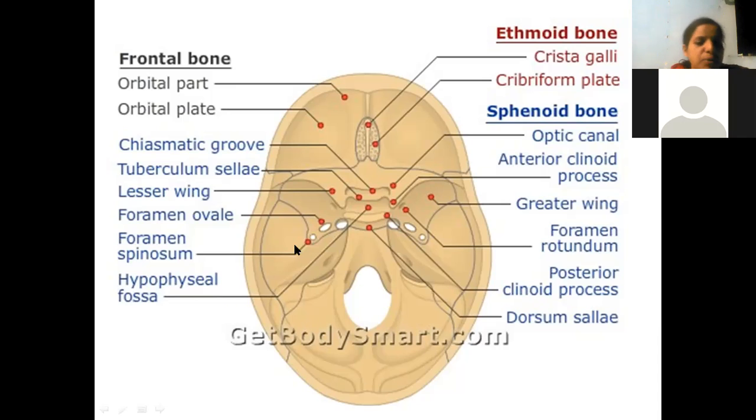And of course, you know foramen rotundum, ovale, and spinosum. Foramen lacerum also, we know internal acoustic meatus, and almost everything we have seen in the previous. And one more thing you have to learn here is the anterior clinoid processes, and I'll show you in